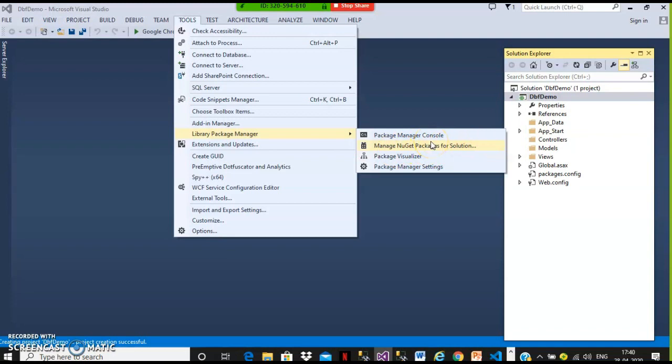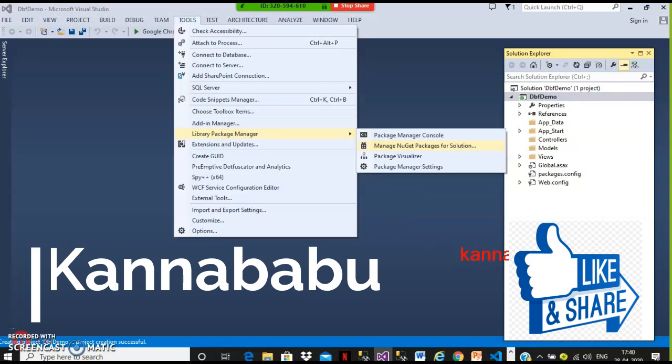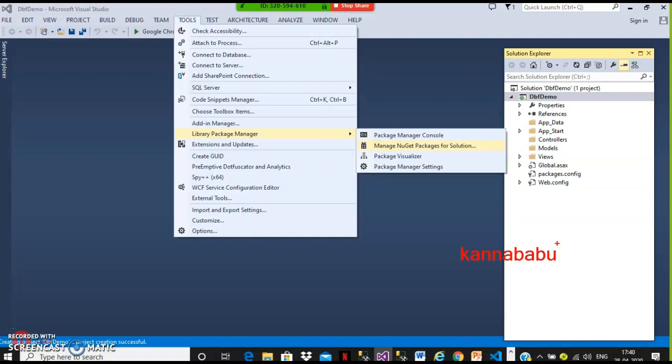So here Microsoft has given one NuGet package manager. Is it clear? If you want to develop any application, you have to install a lot of software. Angular is required, Entity Framework is required, Bootstrap is required. Some people may use jQuery.